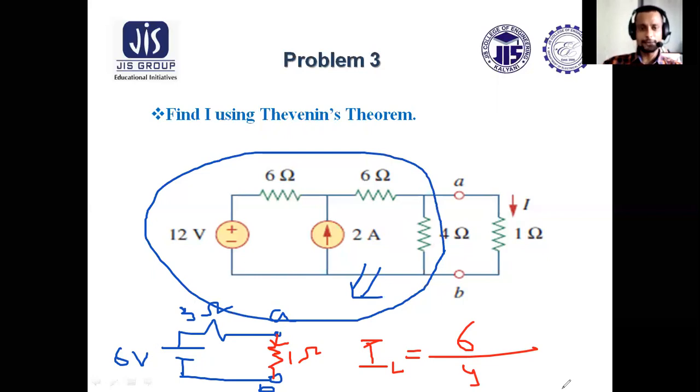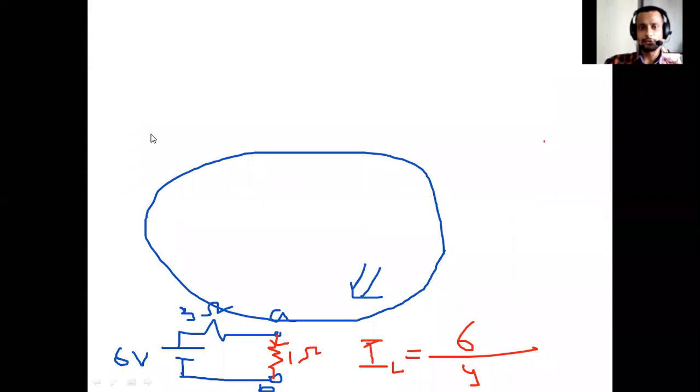Okay, so what are the concluding remarks of Thevenin's theorem? Any complex given circuit can be replaced by a Thevenin's equivalent circuit consisting of a voltage source with series resistance. At last, we'll reconnect the load and find current through that load by using simple Ohm's law. So this is how you can solve any complex electric network using Thevenin's theorem. So in the next class, we'll be discussing another powerful network analysis tool, that is Norton's theorem.